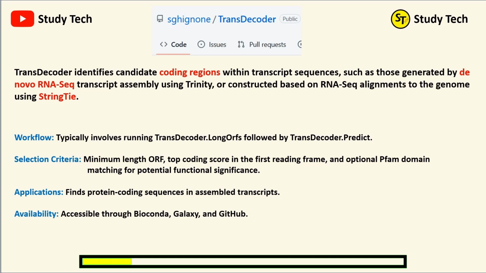In the workflow, there are typically two steps. One is TransDecoder.LongOrfs, followed by TransDecoder.Predict. The selection criteria in this tool include the minimum length of the ORF, the top coding score of the first reading frame, and some optional Pfam domain matching significance. It can be applied to protein coding sequence assembly transcripts, and this tool is available in Bioconda, Galaxy and